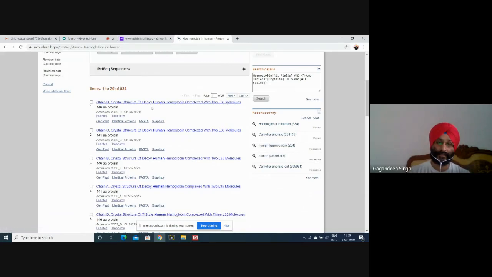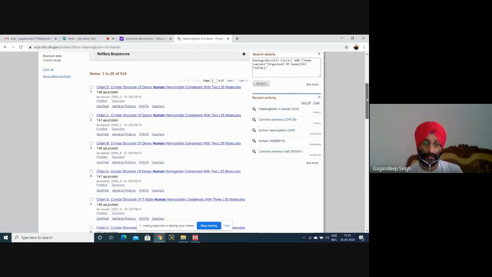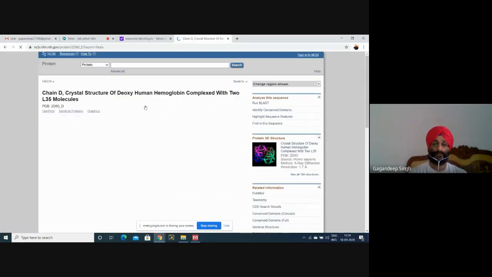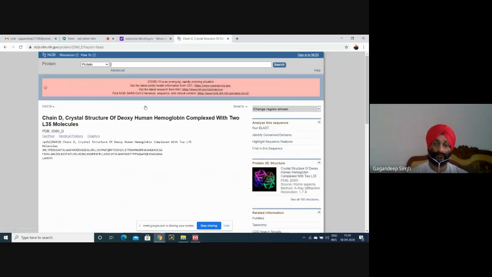This is the crystal structure of deoxyhuman hemoglobin complexed with two L35 molecules. Okay, we just go to FASTA. And this is the sequence.